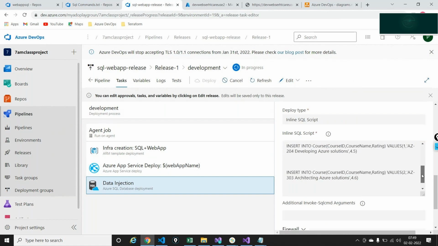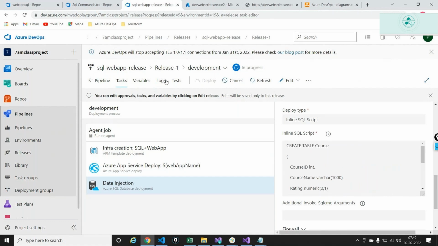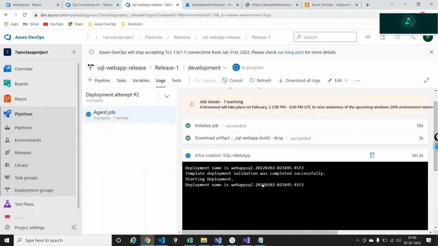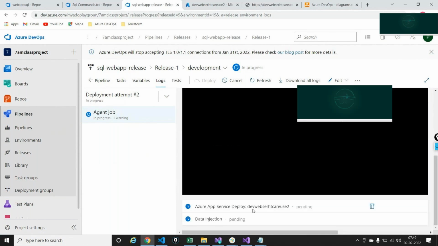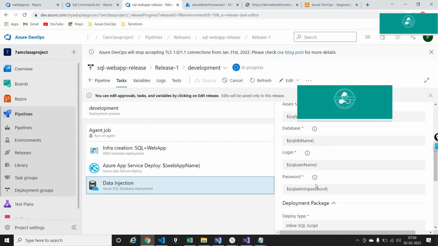If you need to add any step or any data, I can add it directly out here. Like I can say insert into, let's say, course, and add a new record, which I could have done. So let me do that again. But let's see what it's doing right now. Right now, it's just checking if the infrastructure is there. It'll go ahead and deploy the code again, meaning if there is new code, it'll deploy. And if I added something in the data injection out here,